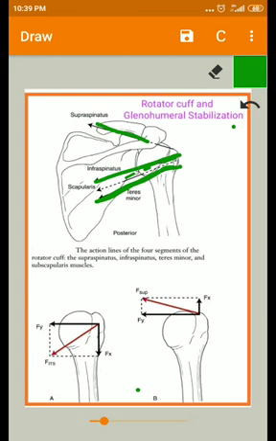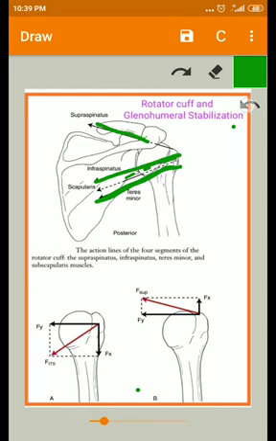If you can see, the supraspinatus is acting only superiorly, whereas the remaining 3 are more or less equal